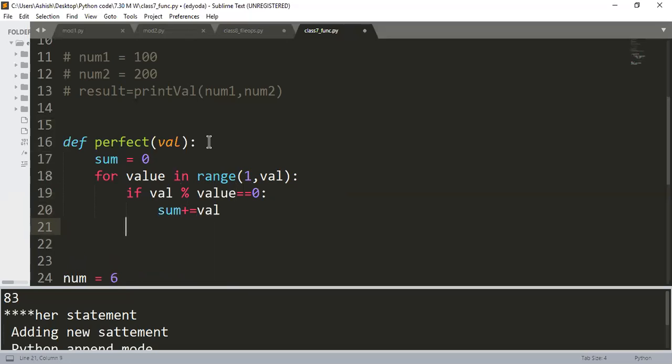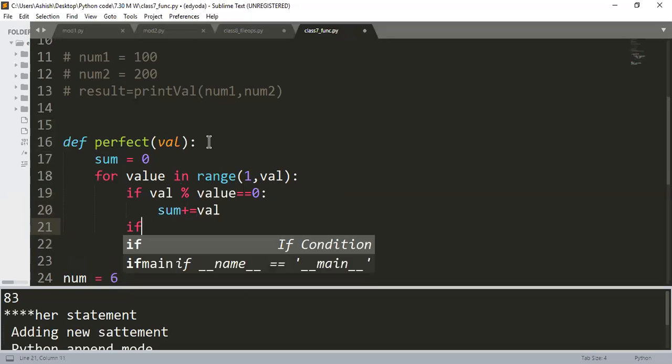Then let us write that. If sum is equal to